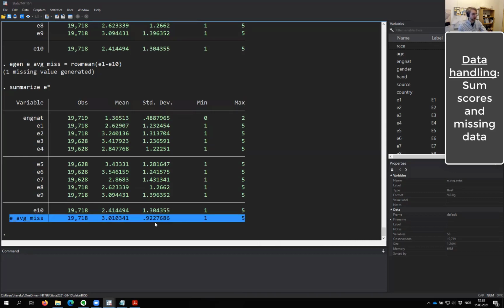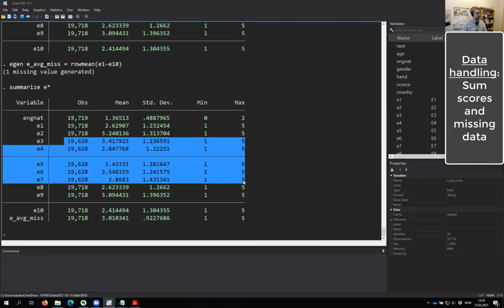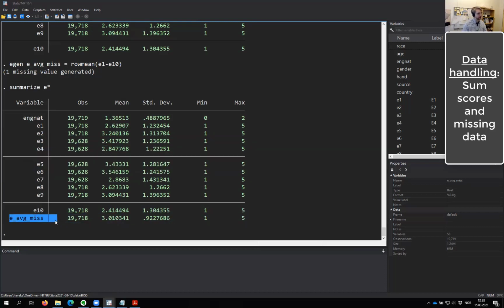But Stata won't do that automatically. And most programs won't do it automatically. So we have to be wary and be on the lookout and do this manually. We have to manually tell Stata that you should not create the sum score if there are so many missing, or for those that are missing so much. And the way we do this is,